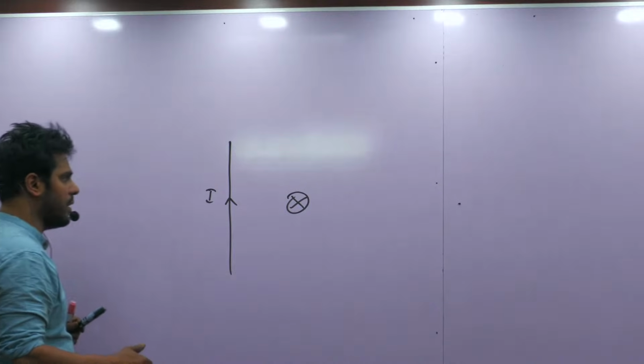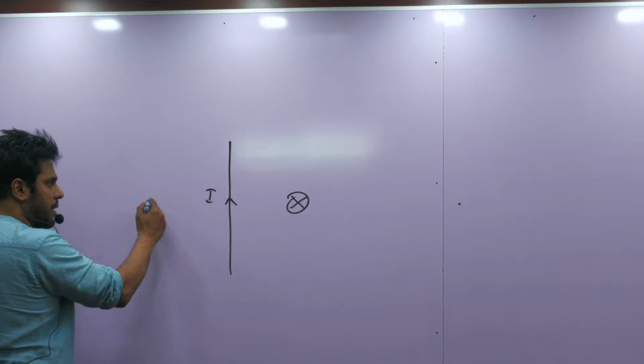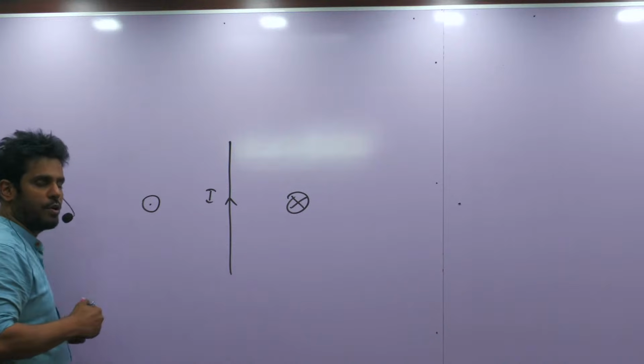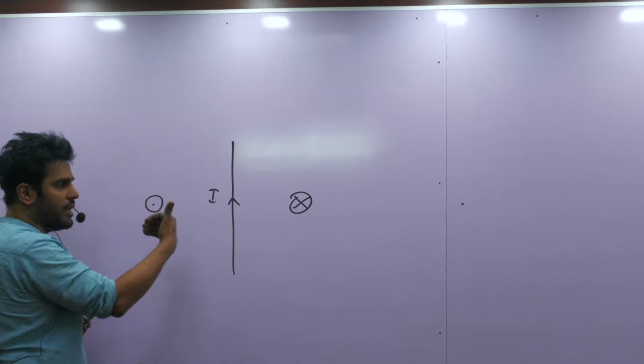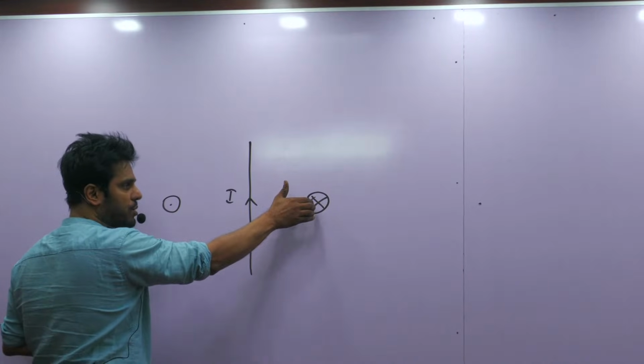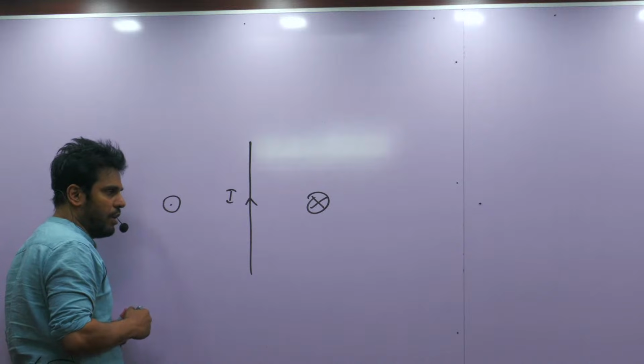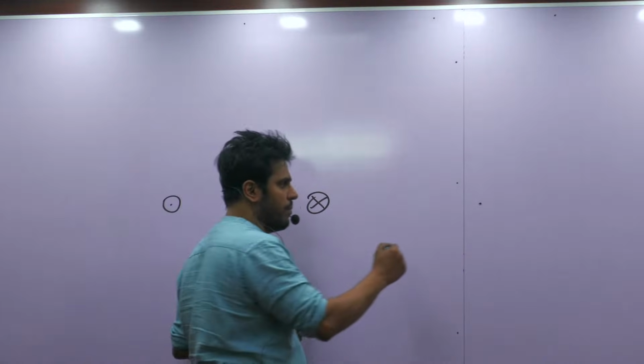Now when you find the direction of magnetic field, left hand side is given by dot. Dot means outwards perpendicular to the sheet. Now this is inwards perpendicular to the sheet, this is outward perpendicular to the sheet. Another example,